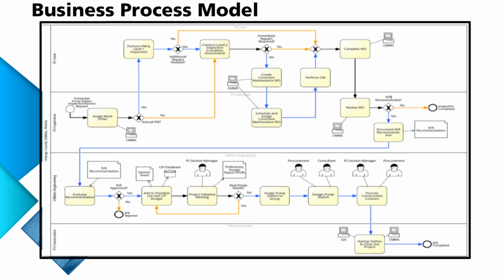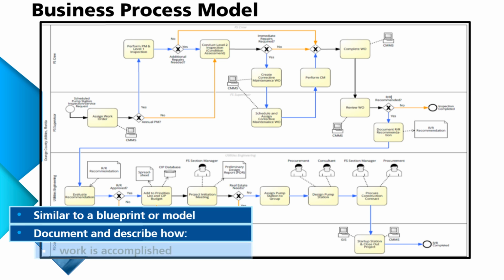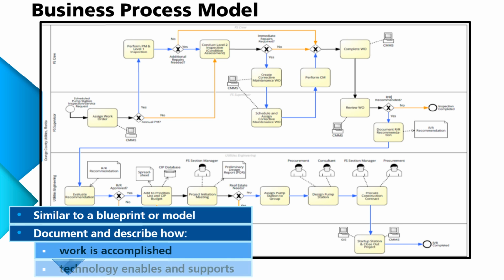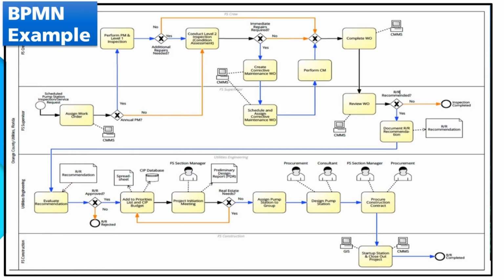Business process models are similar to blueprints for engineering design, or hydraulic models that describe how water flows through a network. They document and describe how work is accomplished by people, and how technology enables and supports different activities. This is an example of a business process model, developed by Orange County, Florida to describe their process for inspection